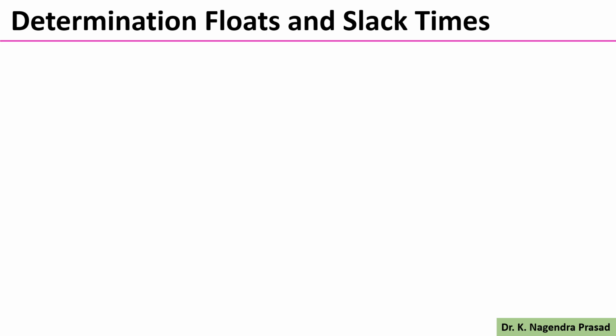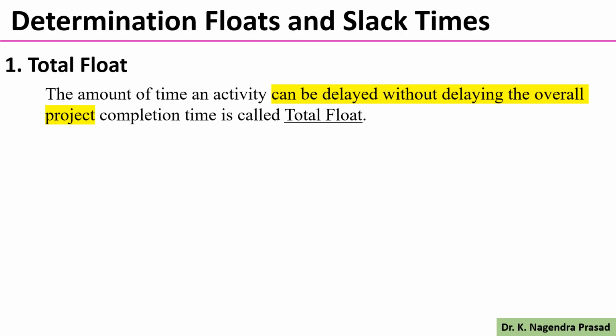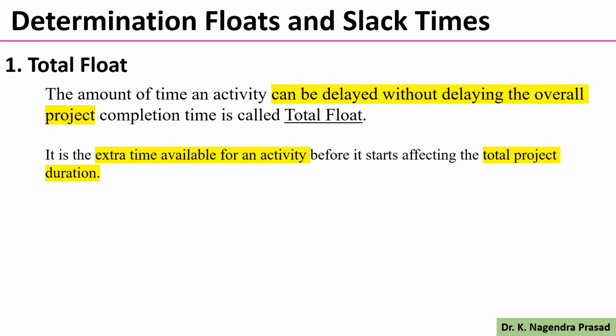In the present video, we will discuss the determination of various floats and the slack times. First, we will discuss the total float. The amount of time an activity can be delayed without delaying the overall project completion time is called the total float. In simple terms, total float is the extra time available for an activity before it starts affecting